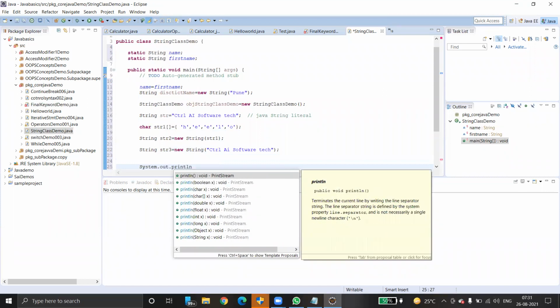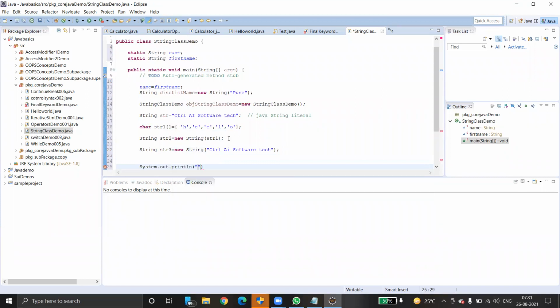I have a question here. Yeah, tell me. Like you said, we cannot create a string object with the new keyword. No, I didn't say that actually. We can create a string object with new. There are multiple ways to define a string variable.